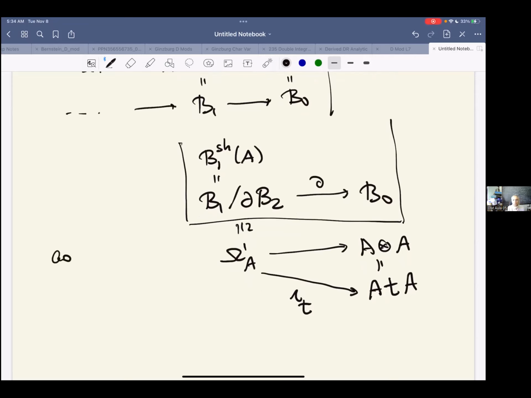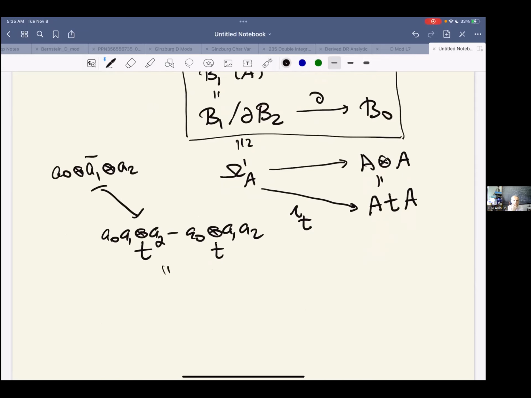So indeed, if I replace this tensor product sign by the letter t, I will get exactly...